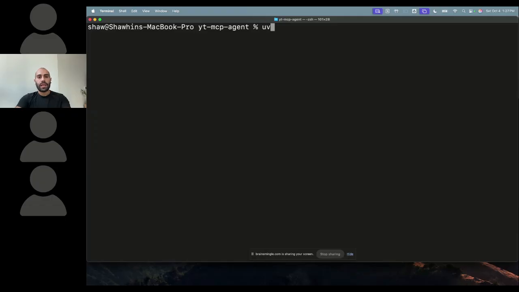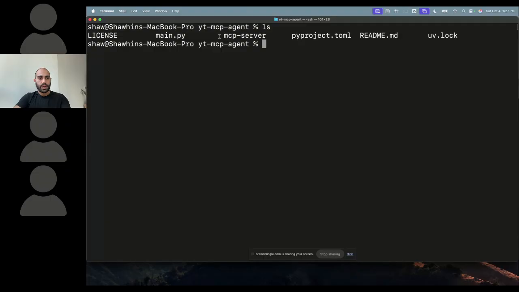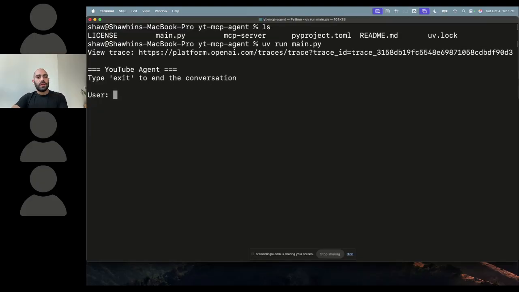And now to actually run the agent, we have this main file here, main.py. So I'll just do a uv run main.py. And then we'll get this command line interface. So you see the trace is automatically